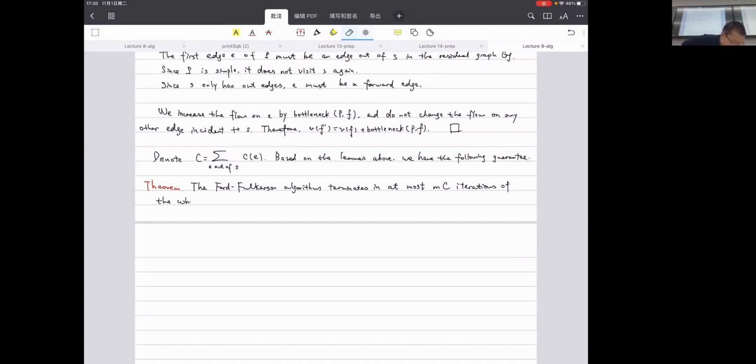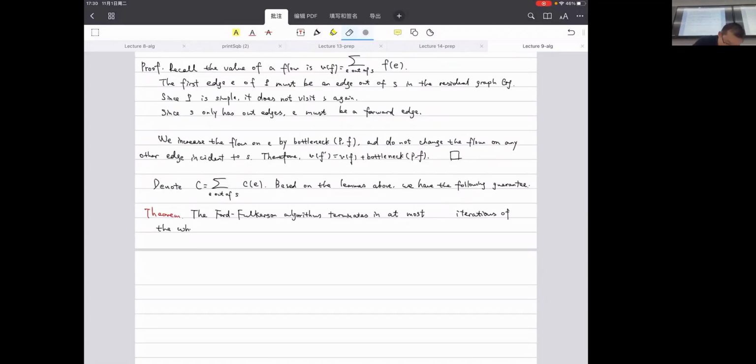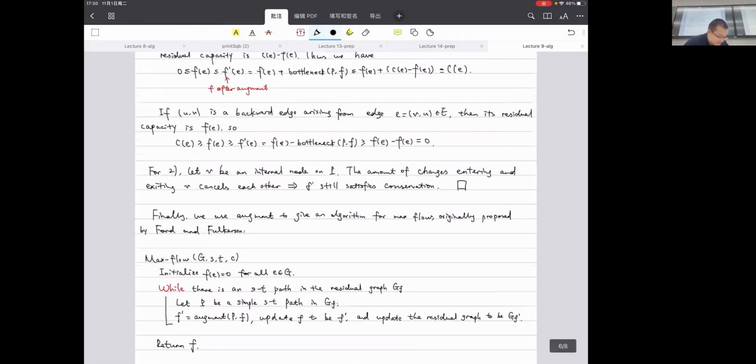Sorry. I guess it should be just at most C iterations, because the C here defines the summation of all the capacities of all the edges coming out of S. So each time we increase at least value 1 of the corresponding flow value, and the upper bound, the final upper bound, definitely cannot be below the value of C here, because the max flow should always be bounded by, I recall that we have this,